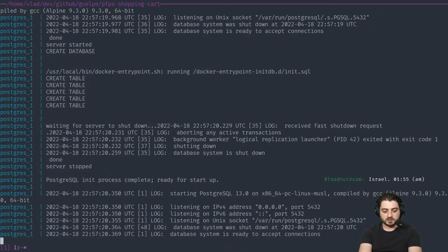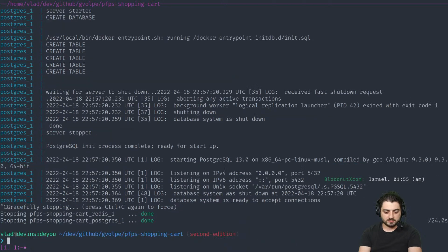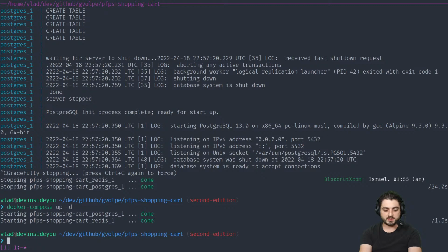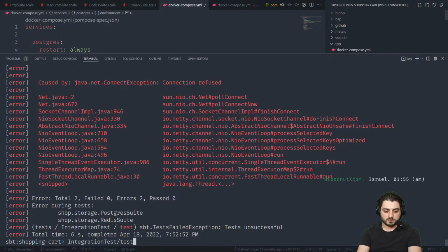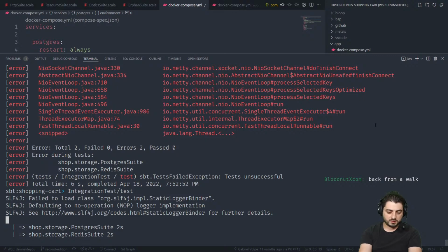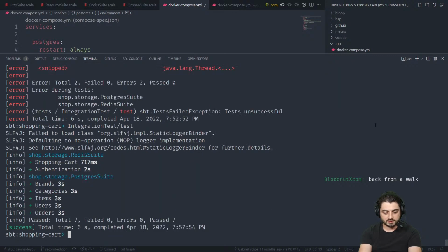All right, so it's running. I believe I needed to do some D, right? A daemon. Okay, it's running. Cool. All right, so now we should be able to do this. Fail to load, blah blah blah. Some logger. All right, it's green. Nice. Tests are green. Cool. So,